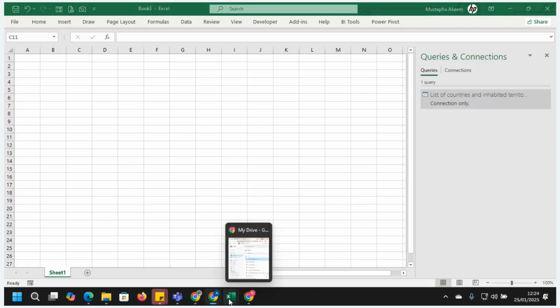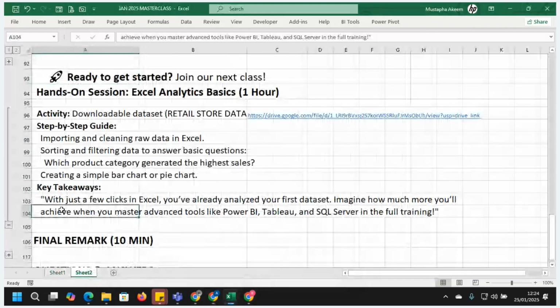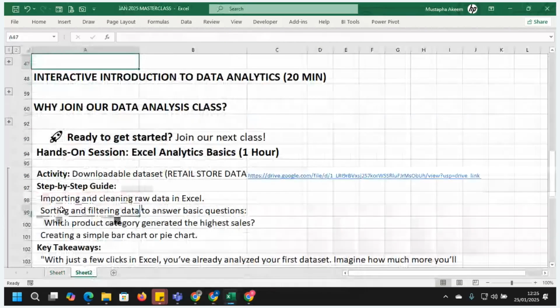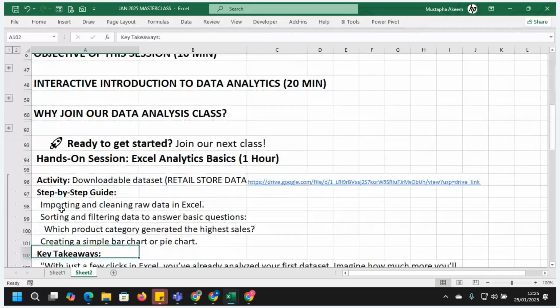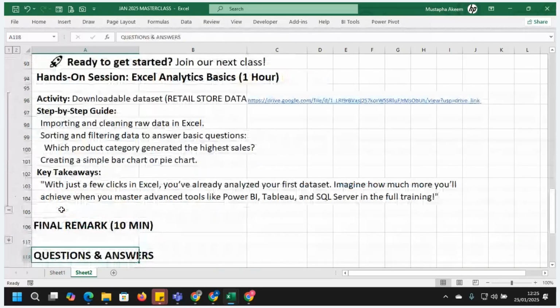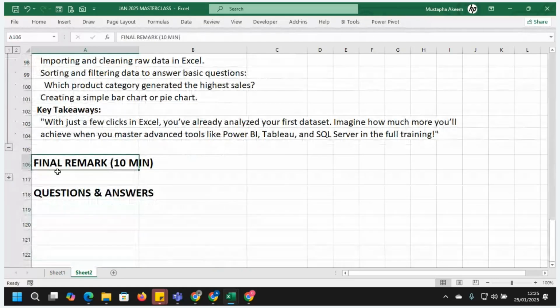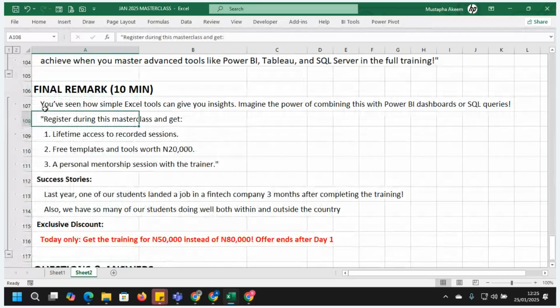Before we round it up, let's quickly recap what we talked about today. We started with the introduction and the objective of the session, then moved to some explanation on data analytics, then why joining. We created some analysis from categories, and saw how Excel can quickly give us insight into the dashboard.